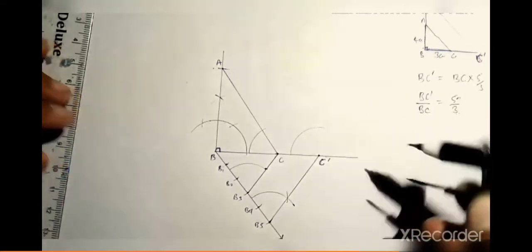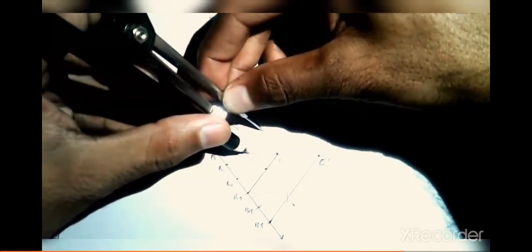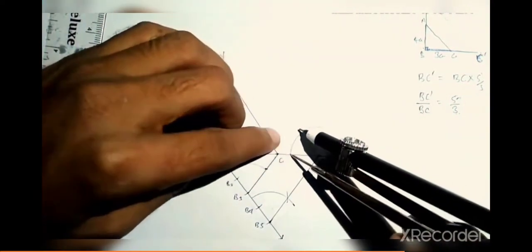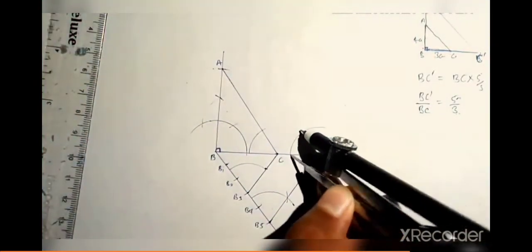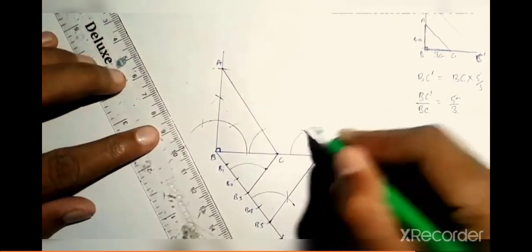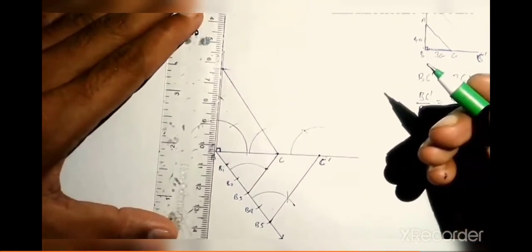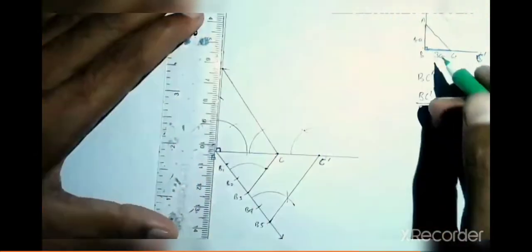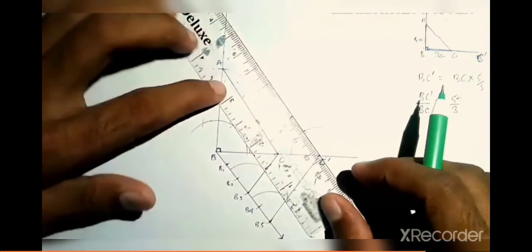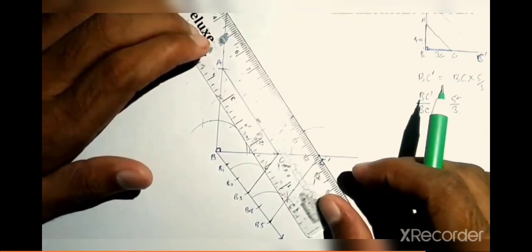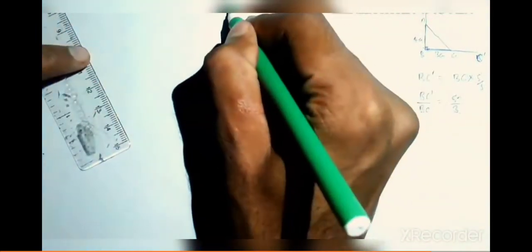Now again measure the width, and with the help of that width you have to construct that point. Draw an arc on the previous arc. Now you will see it will meet. Now from C dash at that point you have to extend this line, then only can we join that line. So now from here you can construct. After joining these two lines you will get A dash.